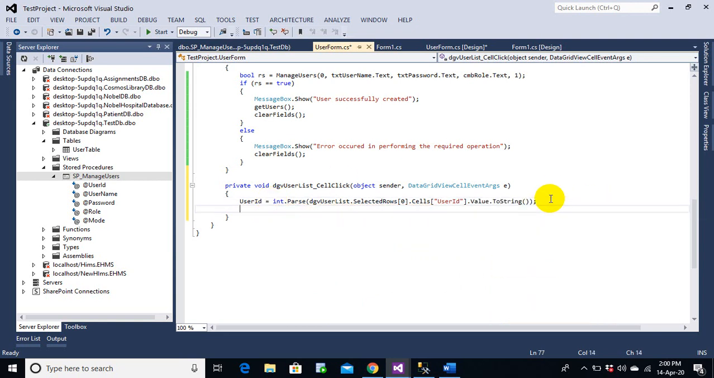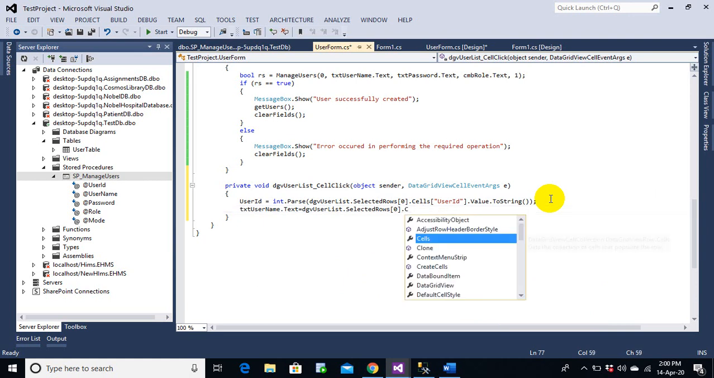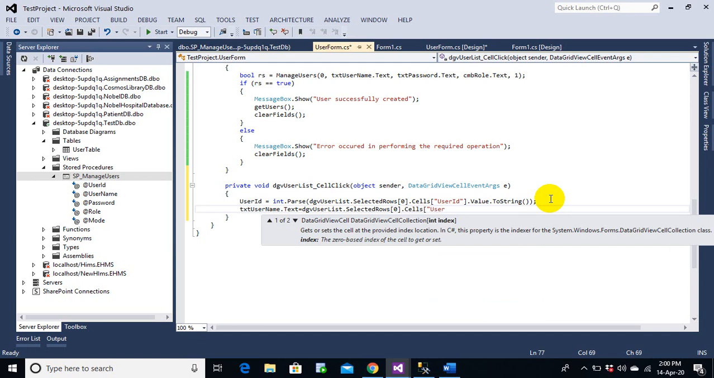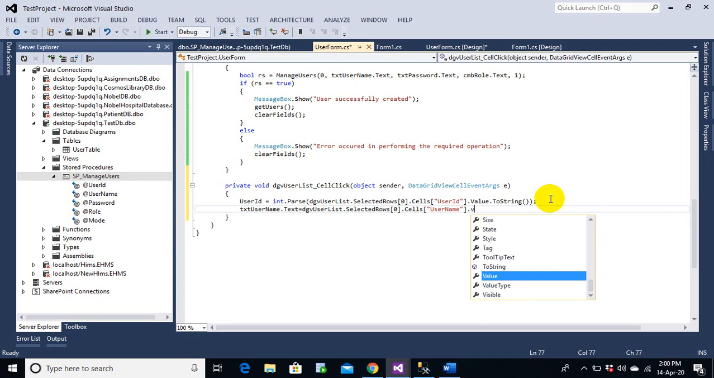And now similarly txt username dot text equals to now bgv selected rows again 0, and now this is username value 0. So I think that has to be dot cells username, so that has to match whatever is in your database, or let's say what is in your grid view